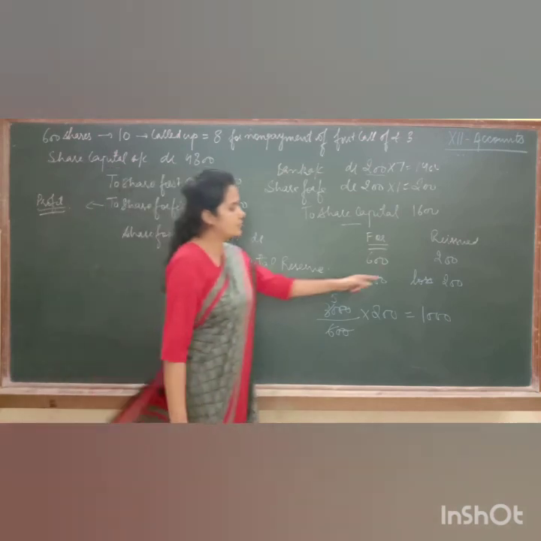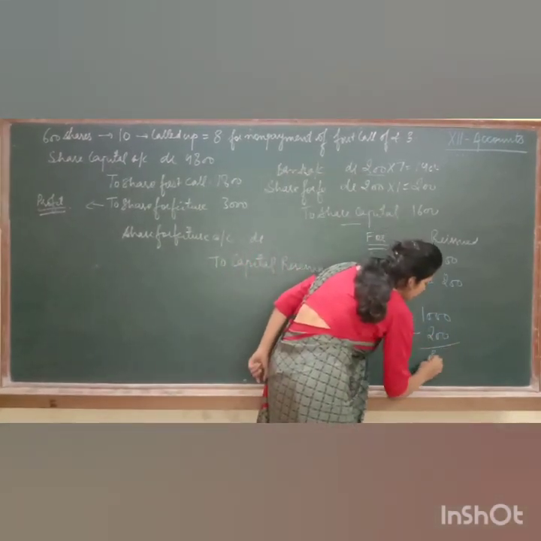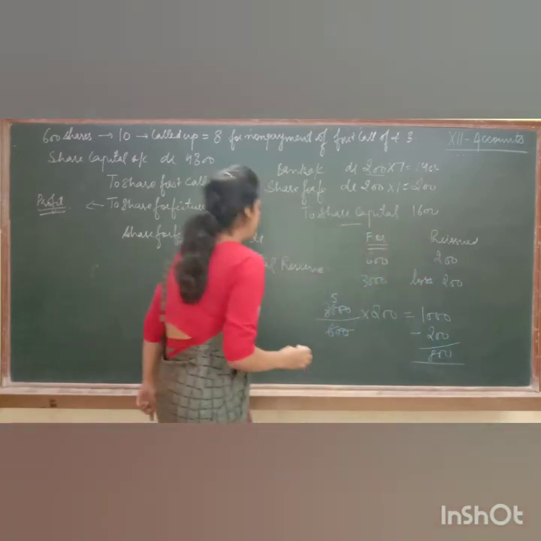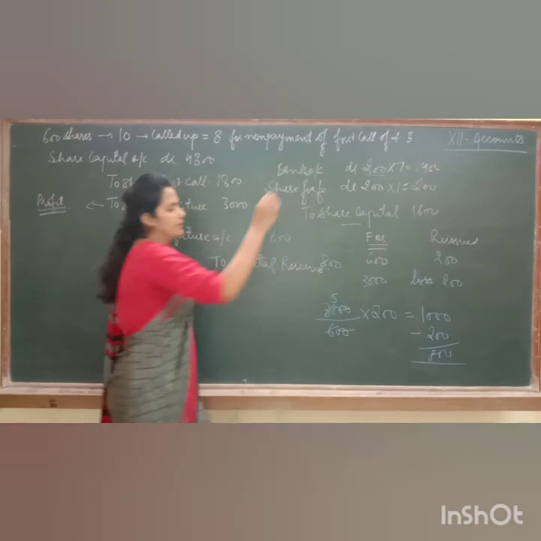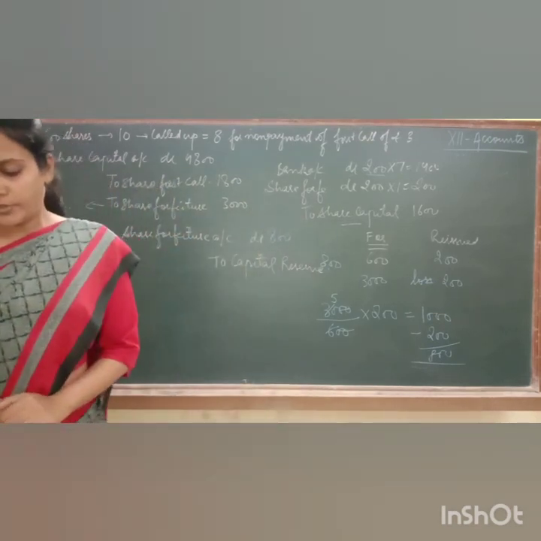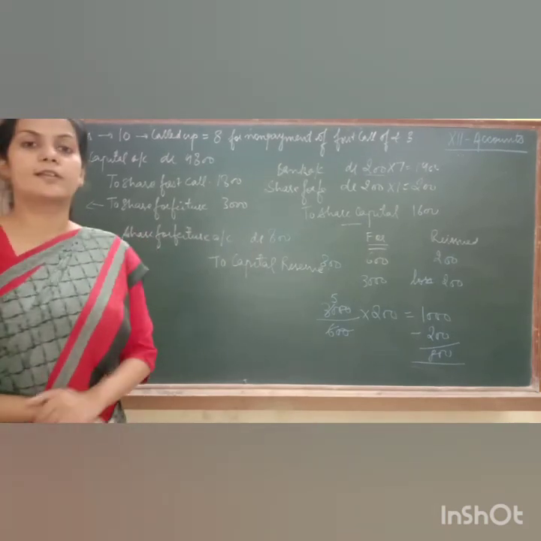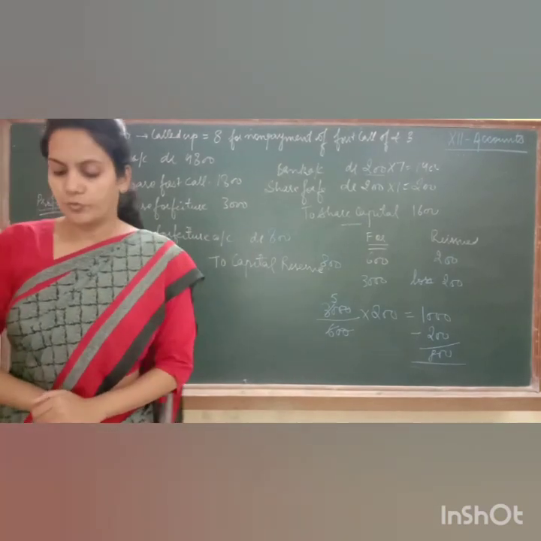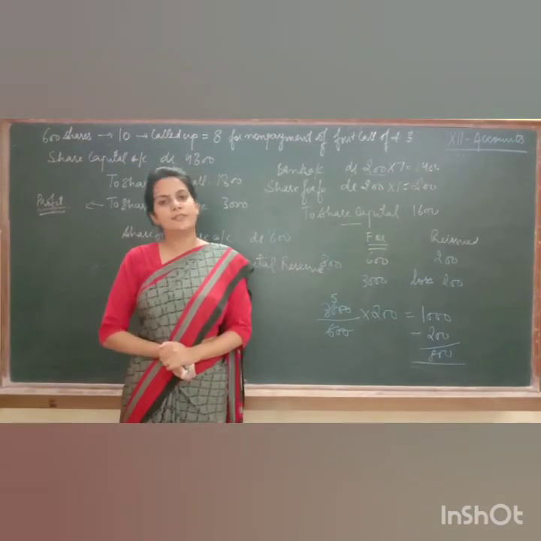Loss on reissue is 200. So 800 we are going to transfer to capital reserve. So I hope this point is clear to everyone. So with this question we have completed the topic, that is